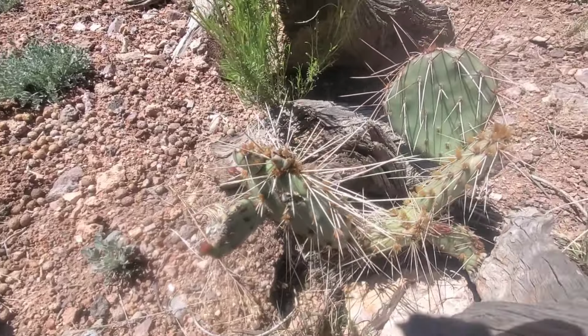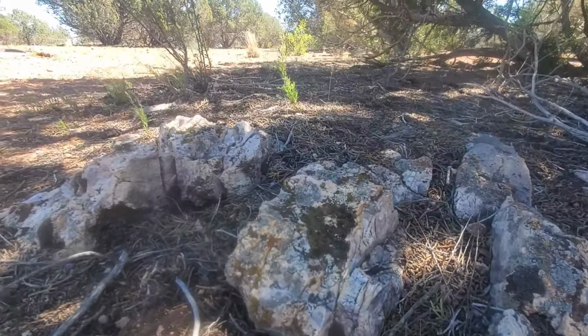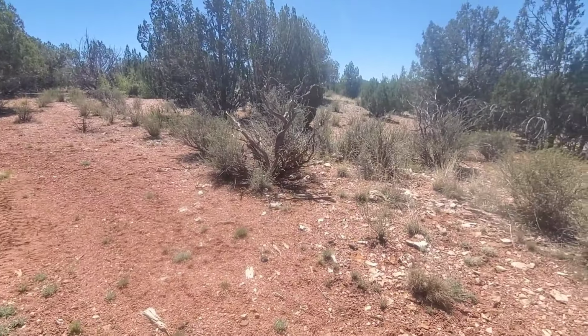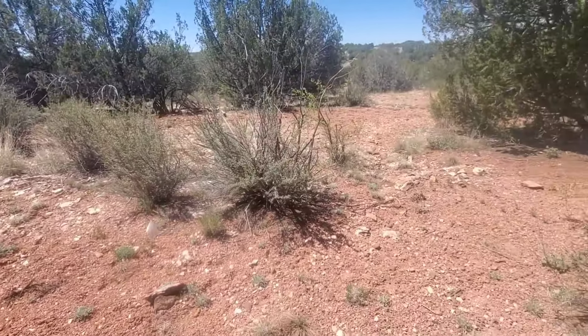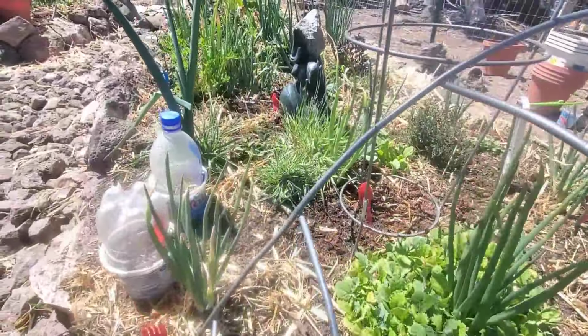Working with the native plants and our native old growth forest here is providing a tantamount of evidence and examples for us to follow, for us regreening this area and regreening the desert. So working with these native plants is going to give us the head start where already in the first year, we're going to start getting food production, not only from our garden spaces that we've created and started planting in,